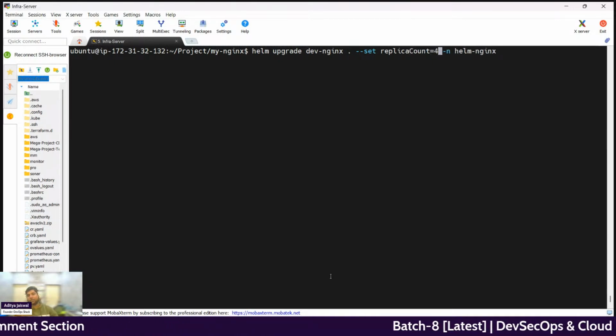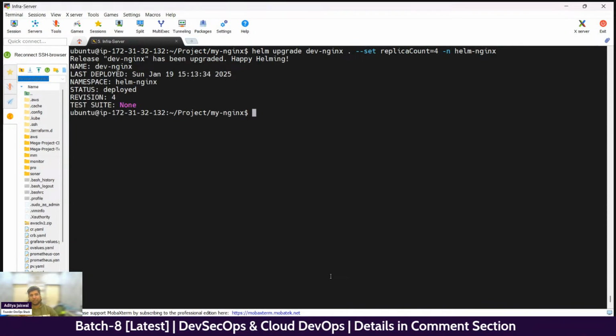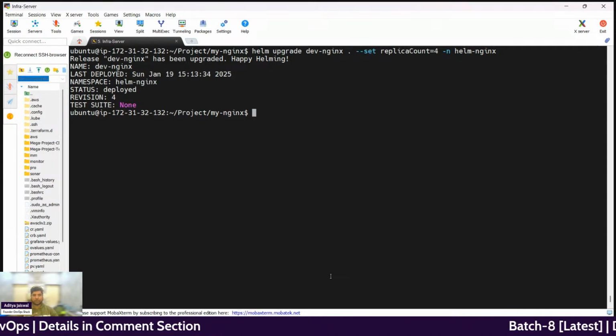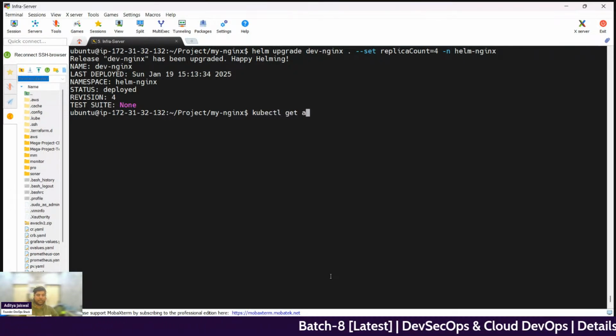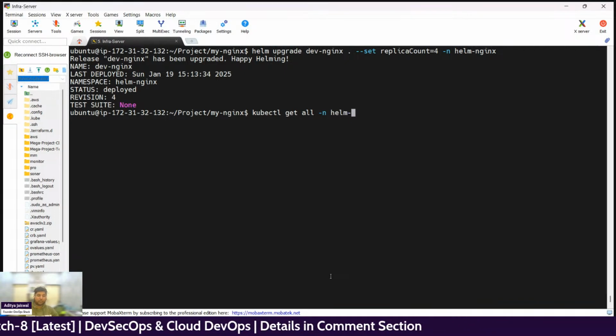So now it's going to increase the number of replicas to 4, and let's see what happens. You can see revision 4 we are now. Okay, we are on revision 4, and now if I check the command kubectl get all -n helm-nginx,